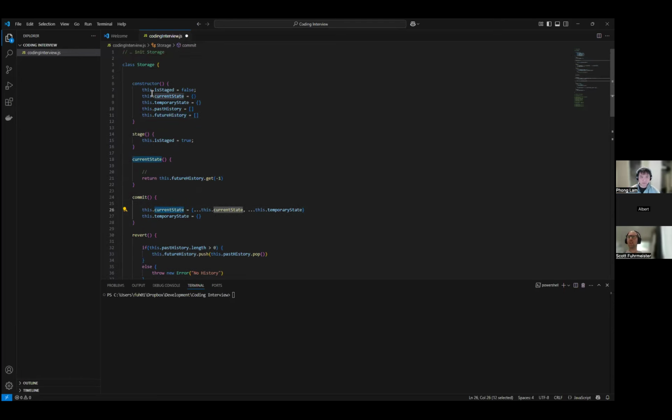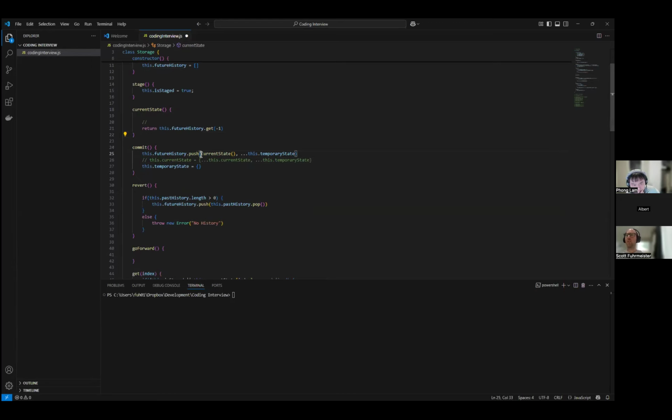But I think I can just get rid of current state altogether, because I can just use the last one of the future history. But how are you going to set that? That's what I'm doing here, I just push it. I could just push the current state, which is the last element, and the temporary state.